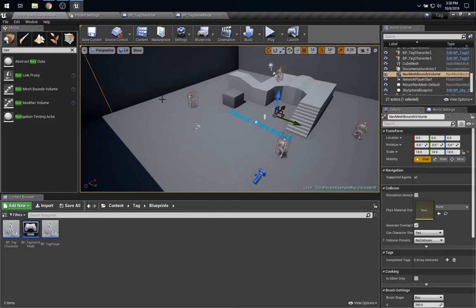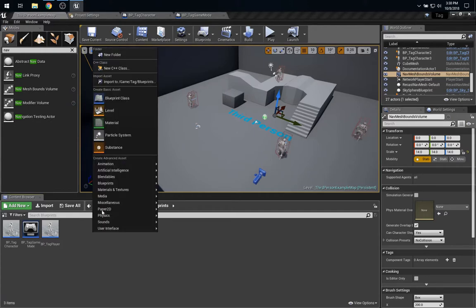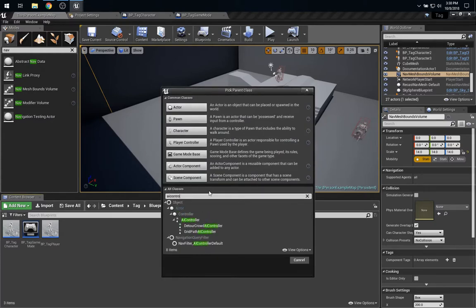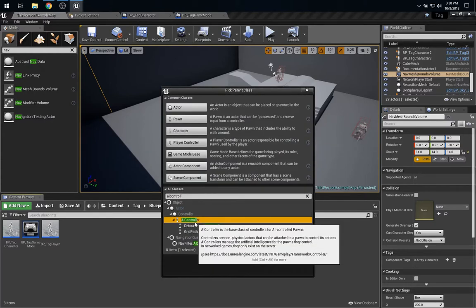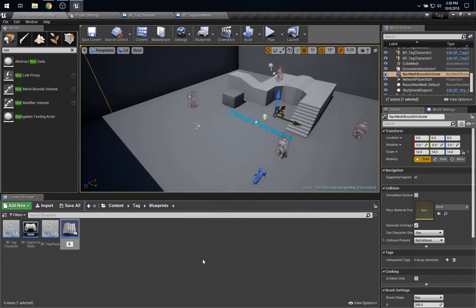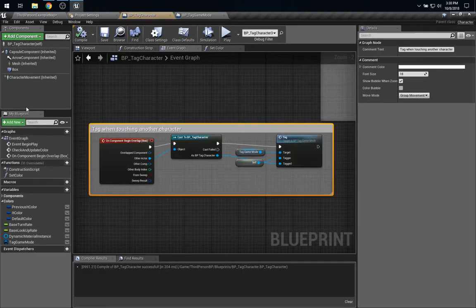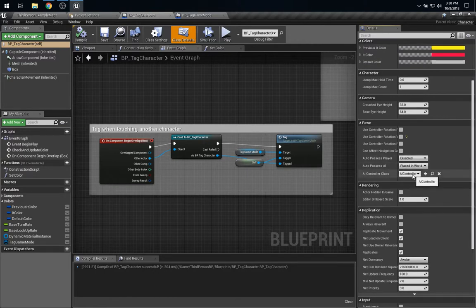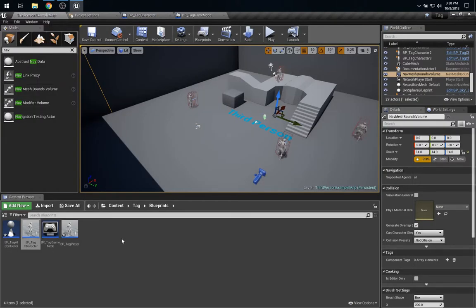I'm going to also need an AI controller. So start by making a new AI controller blueprint. I'll call it BP tag AI controller. And we need to tell the tag character that that will be its default AI when it's possessed by an AI. So instead of regular AI controller, be tag AI controller. All right, so far we won't see any changes in the game,